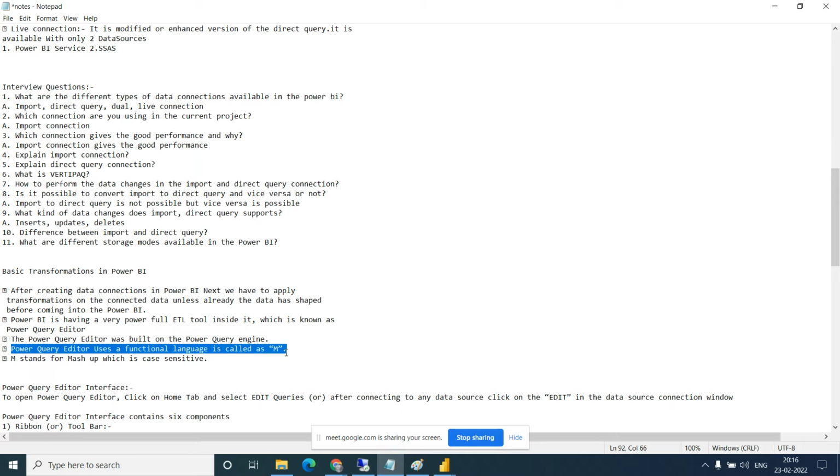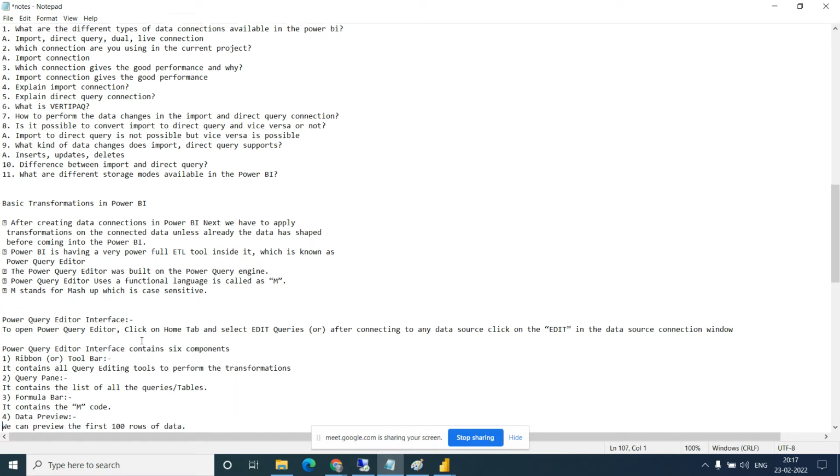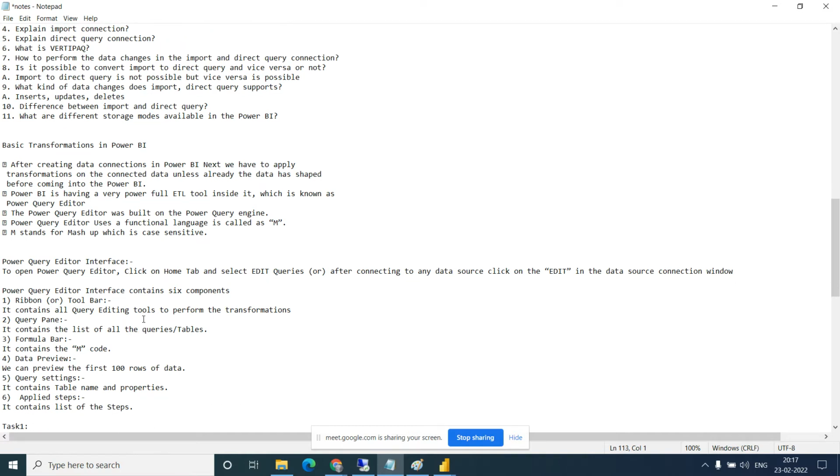We will see what the M language is. M stands for mashup, and it is case sensitive. Then these are the components available in the Power Query Editor: the toolbar, then the query pane, which contains the list of all queries.